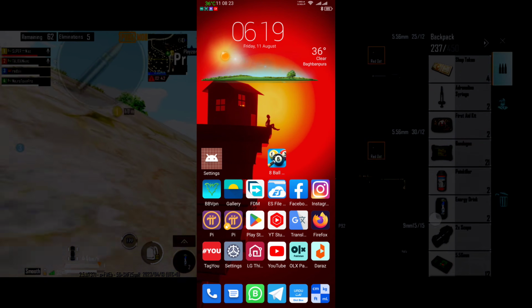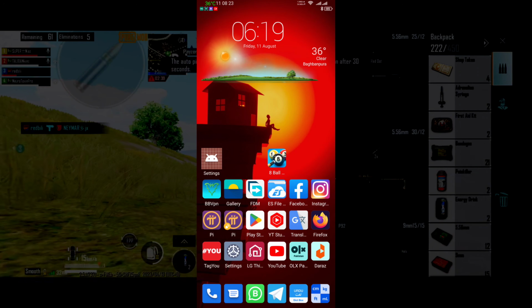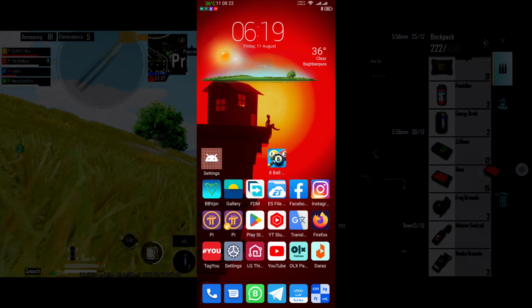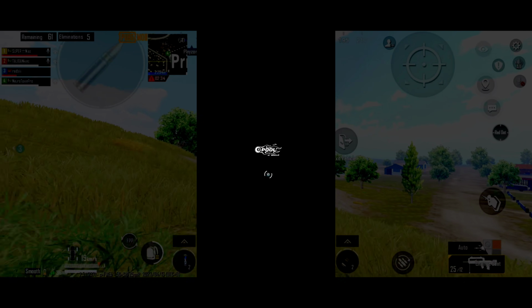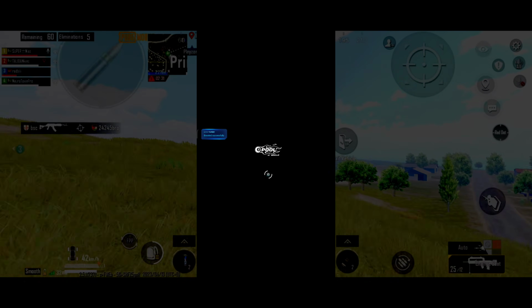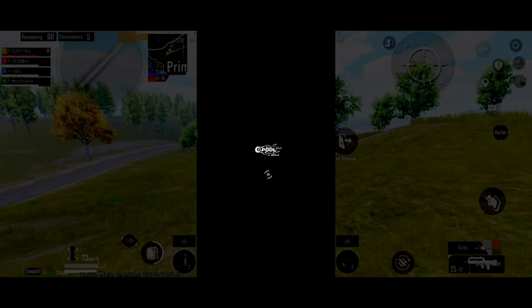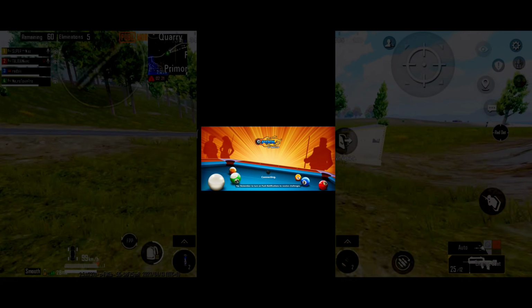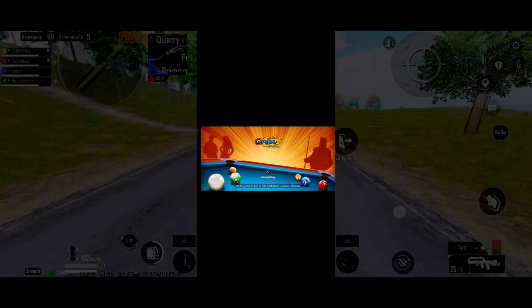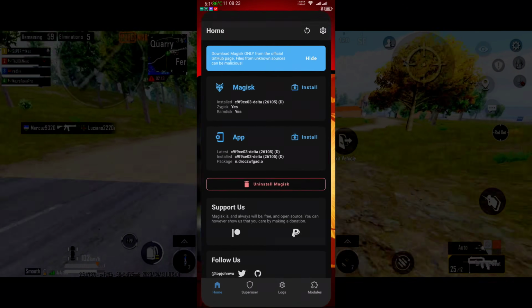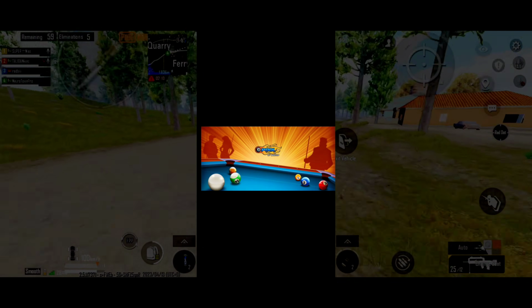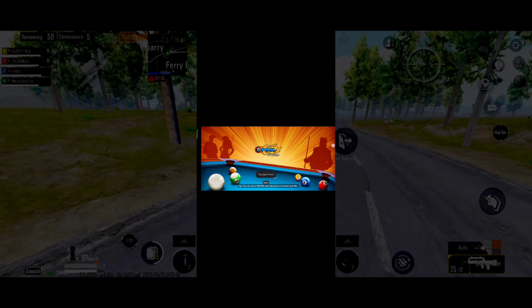If you can't run 8-ball pool without hiding the Magisk app, then after hiding it, Magisk Delta 26.1 can run 8-ball pool successfully, because I have tested it on many devices and it is running normally now. So here you can see friends, I can play 8-ball pool now, and I am connecting as a guest, and here you can see 8-ball pool and here is Magisk Delta. So this is all about how to run 8-ball pool on our rooted device.